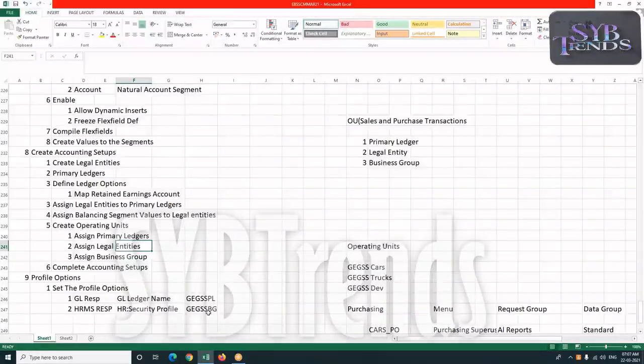We have already created some operating units also. Will it come under this one? If we assign the business group, then automatically that will